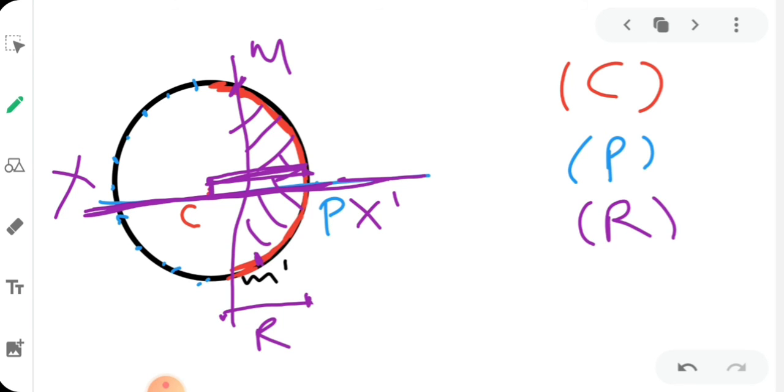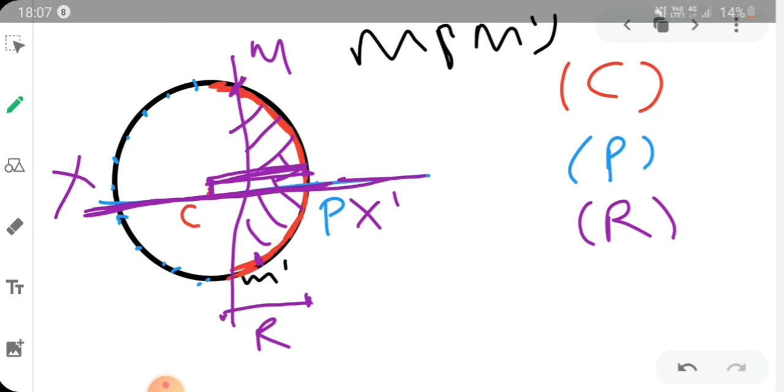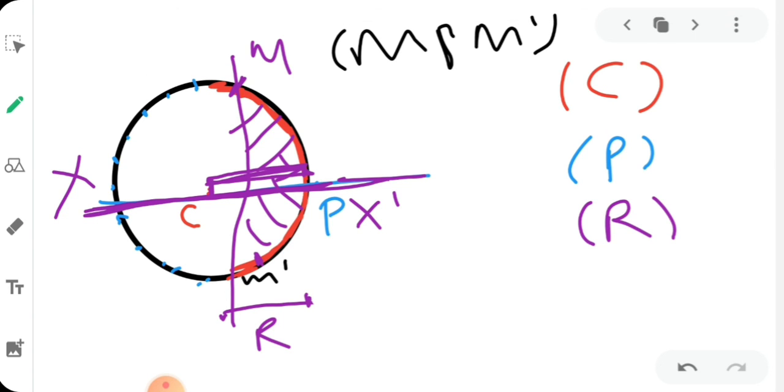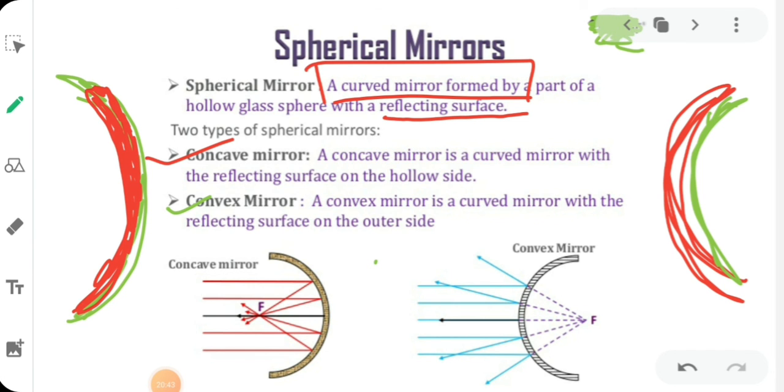The aperture is the area of mirror which is available for reflecting light. So in this figure, what is aperture? M, P and m dash is our aperture in this figure. Okay, so these are the things which are necessary that we want to know about the spherical mirror of our light. Now another one more thing,